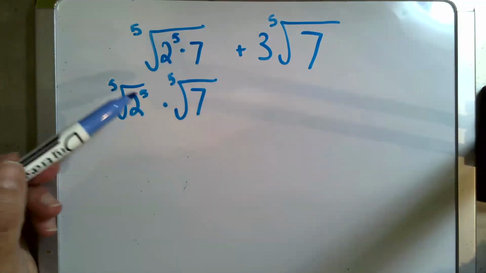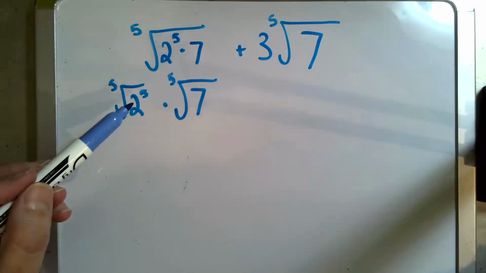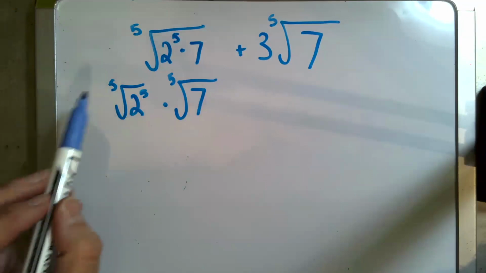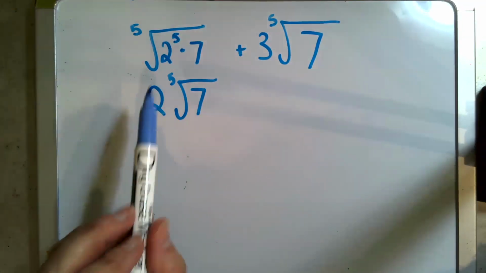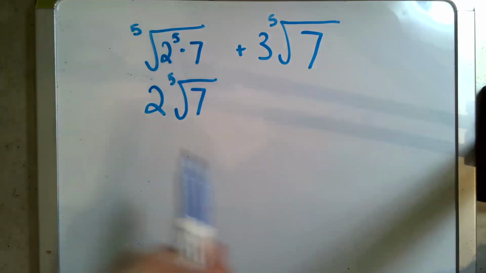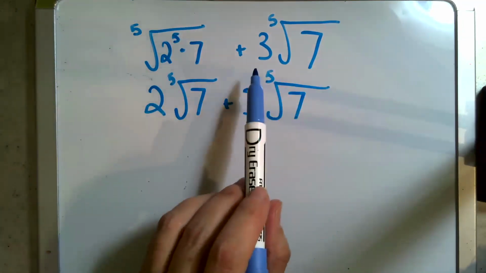And the fifth root of something to the fifth is just the thing itself, right? 5 2's multiplied together under a fifth root become 1 2 on the outside. And so 2 times the fifth root of 7 is what our first term becomes, plus 3 times the fifth